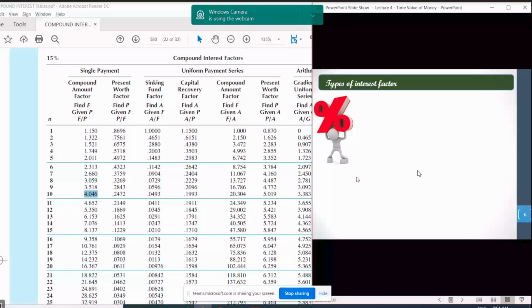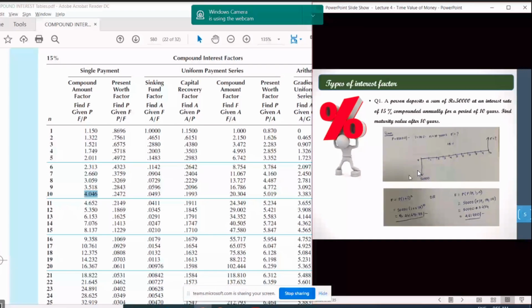Hello. Sir, then why should there be any difference in the answer? Because after all, we are doing the same thing, even if we use the formula, and they've calculated a factor using the same formula as us. So why is there a difference in our answers? No, we don't know whether they have used the same formula and calculated. Probably this F by P, 18% for a period of 10 years, all these values they might have taken from some other source. They might have taken from some other logic.